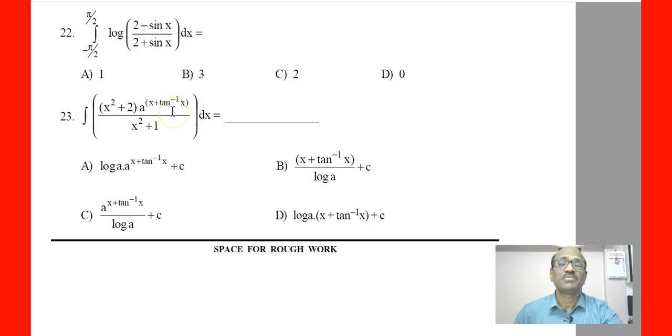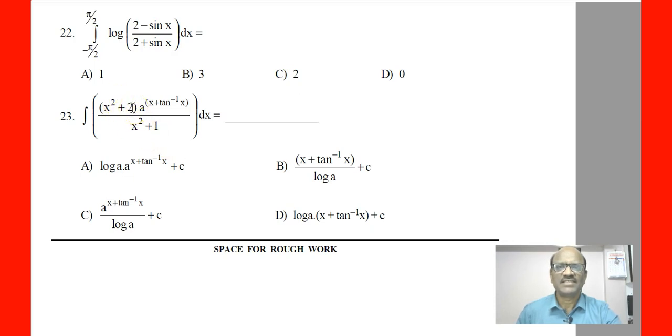That is x tan inverse of x. Its derivative: the derivative of x is 1 and of tan inverse of x is 1 upon 1 plus x square, and after the simplification you will get x square plus 2 upon x square plus 1, and hence you are getting the value of this as